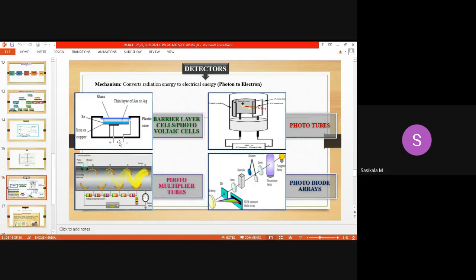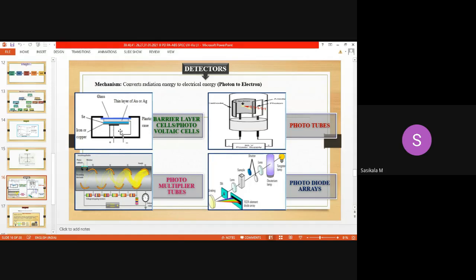When photons strike the cathode, it gets ionized and emits an equal number of electrons, that is, negatively charged ions at the cathode. What happens when electrons are released? They are negatively charged, so they move towards the positive electrode, the anode. When the electrons pass, what happens in the electric circuit? It gives an extra signal. That means direct current is converted to alternating current. DC is converted to AC when the electric current passes because of the sample.